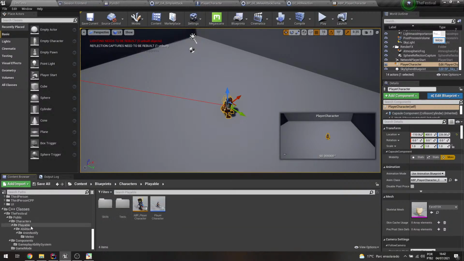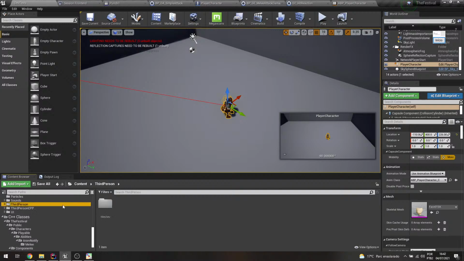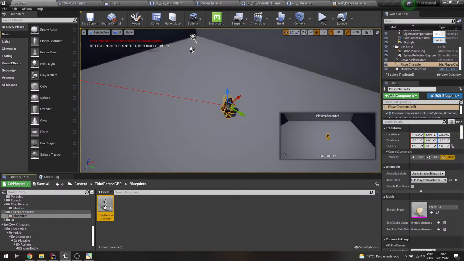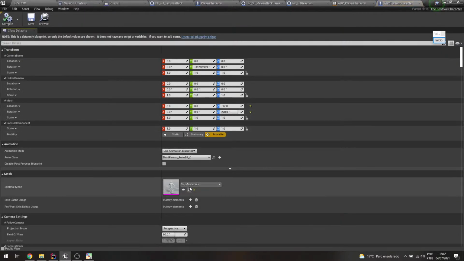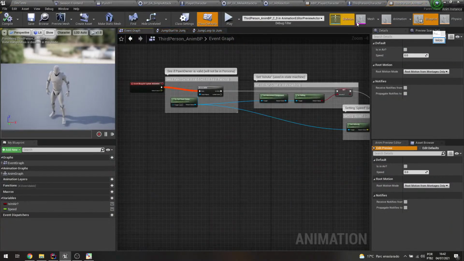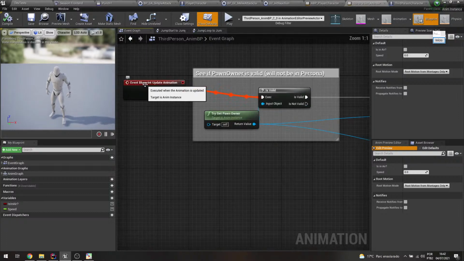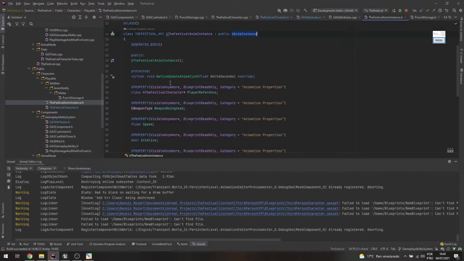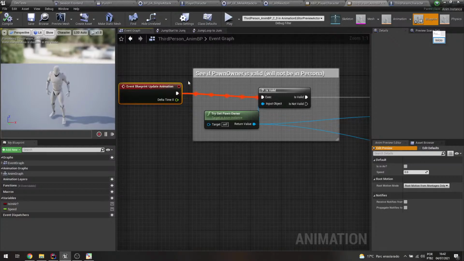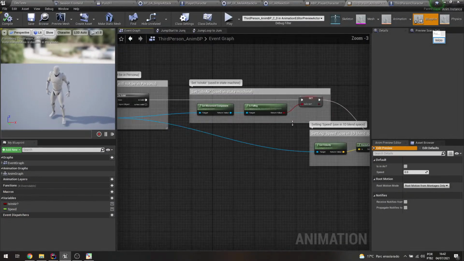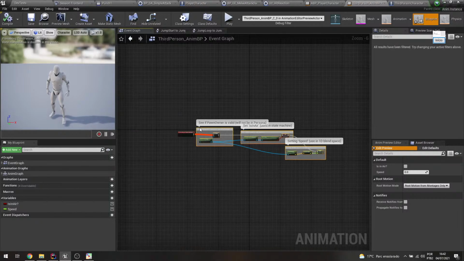Let me open the UE4 anim blueprint to make it simple to present to you guys. Let me just try to open that animation blueprint. Okay. So if you open up that animation blueprint, you're gonna see that you have this blueprint update animation, and that node in C++ is called native update animation. That's basically it. But I'm overriding that, and I'm doing all my logic that usually UE4 does